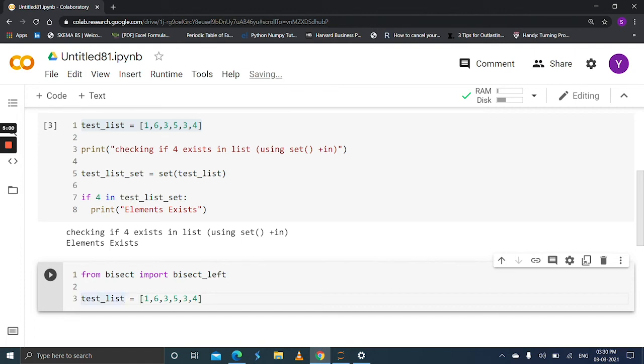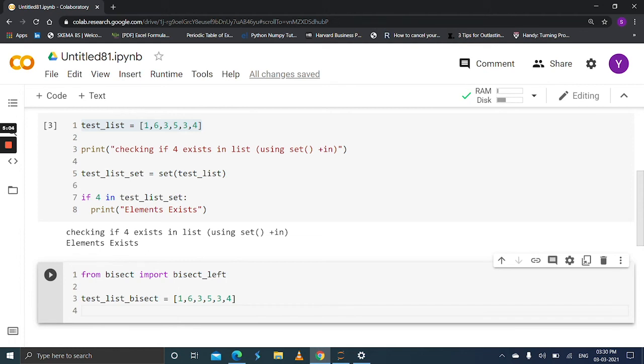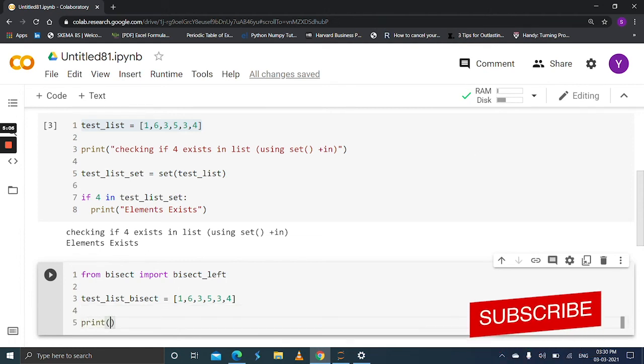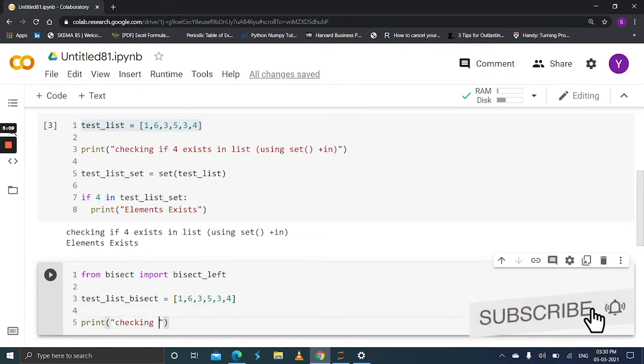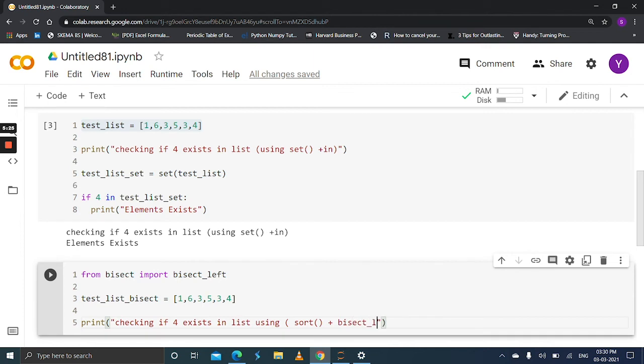Let's change the variable. Print, checking if 4 exists in list using sort and bisect left.